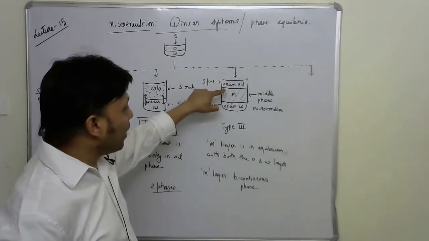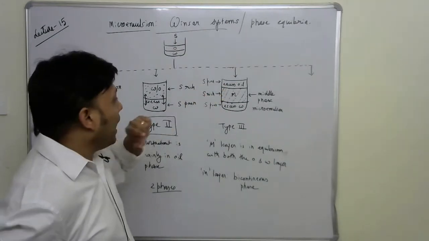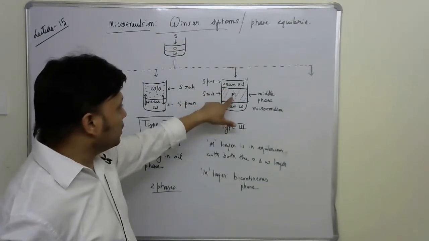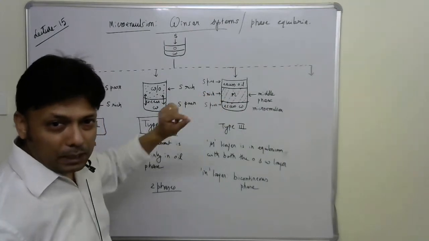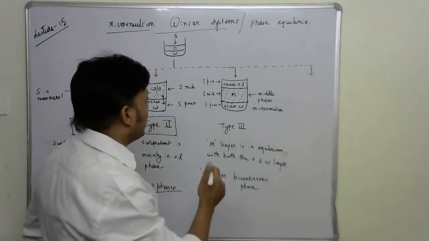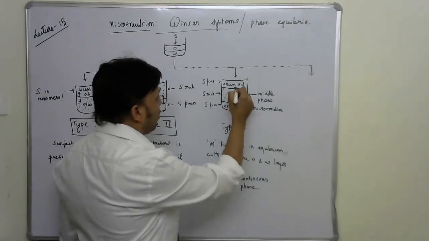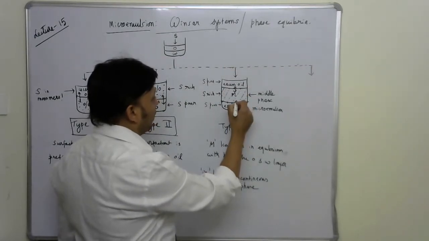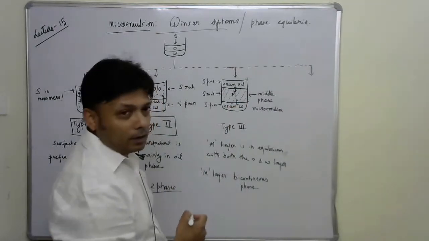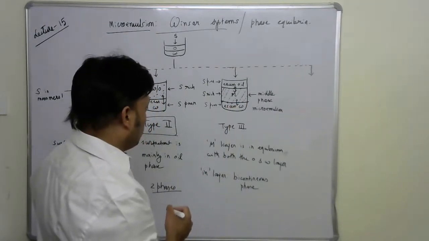So between the two is the microemulsion phase, and this microemulsion phase is denoted as M. M stands for the middle layer, the middle microemulsion layer. So this layer is in equilibrium both with the oil as well as the water layer. Alright, so